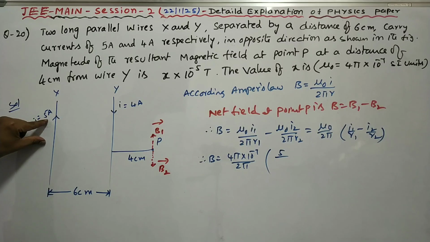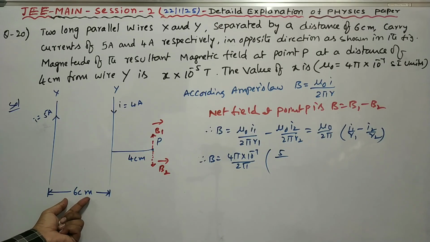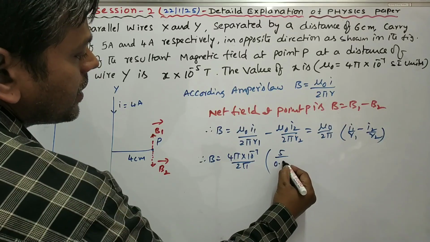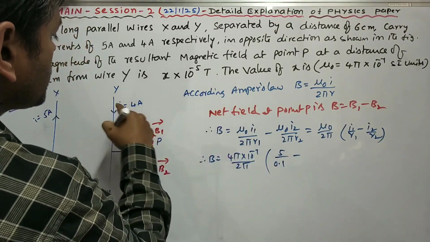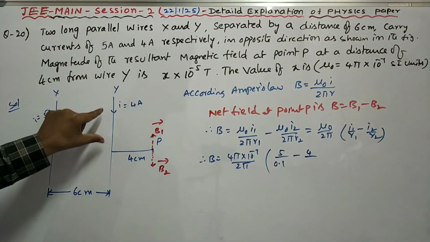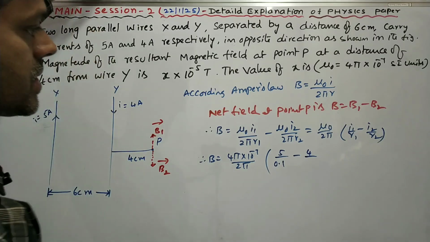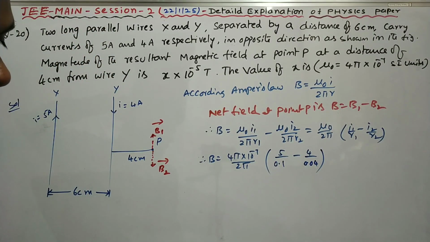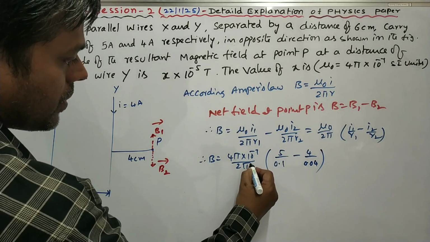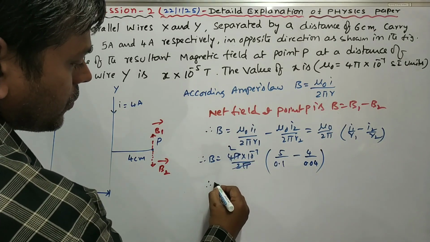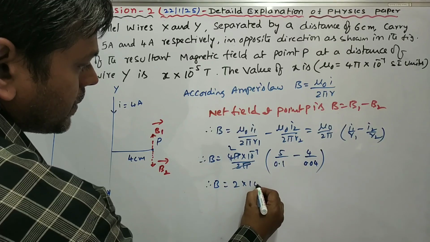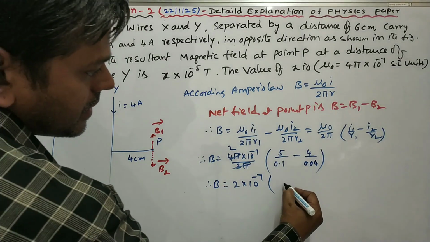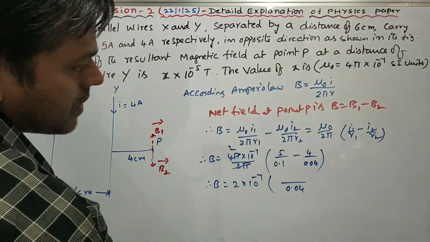What is the distance of this wire from point P? 6 plus 4, 10 centimeter, that means 0.1 meter, minus I2 is equal to 4 by 0.04, since this wire is at a distance of 4 centimeter. So B is equal to 2 into 10 power minus 7, taking 0.04 as the LCM,